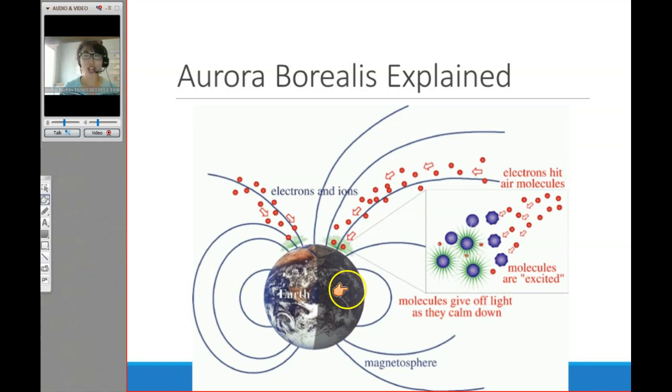It's so beautiful. So what's actually happening here is that within our atmosphere, we have air molecules, we have electrons, we have ions, and we also have a magnetic field going on. And when all of those things mix together perfectly,